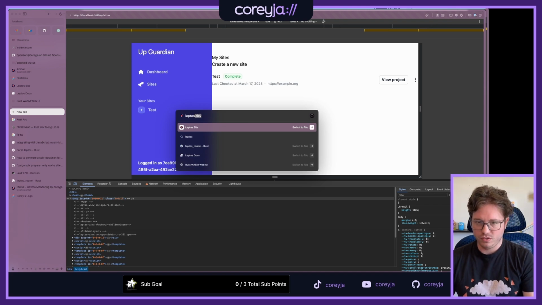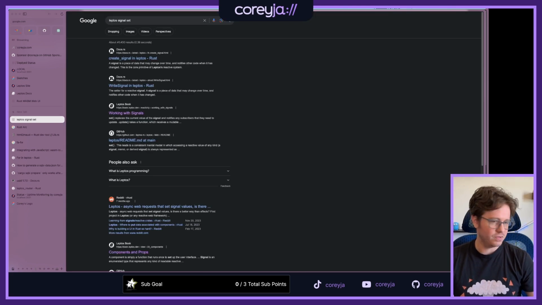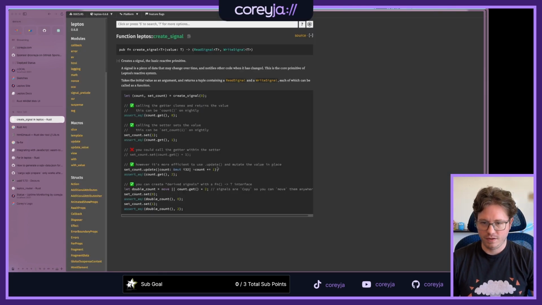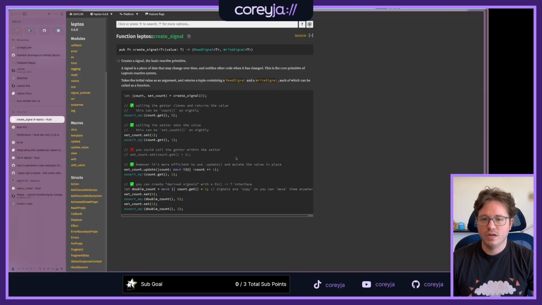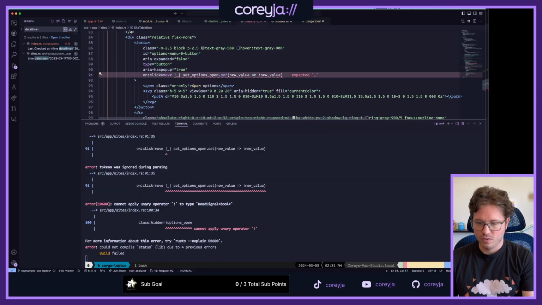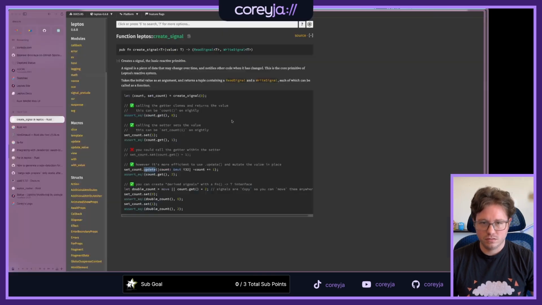Oh my gosh, Leptos signal set. This one's easy. I'm not getting it there. There's an update method, and then there's set, which you just set it to the thing. Oh, actually, I do kind of want the update though, don't I? Yeah, okay. Update.